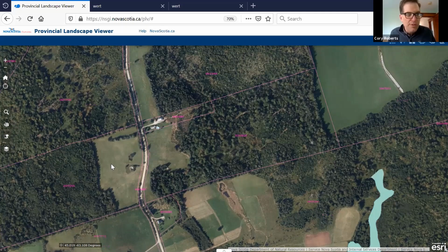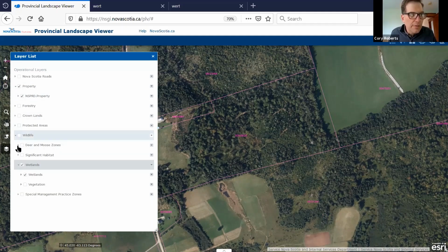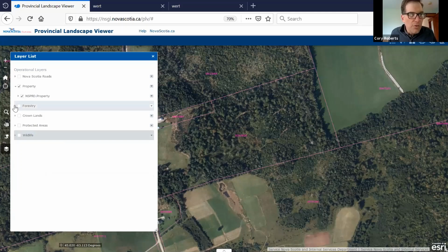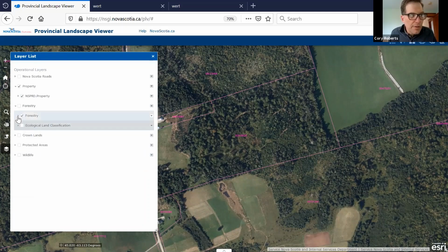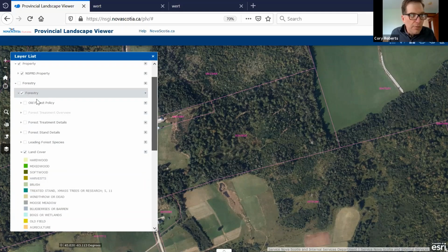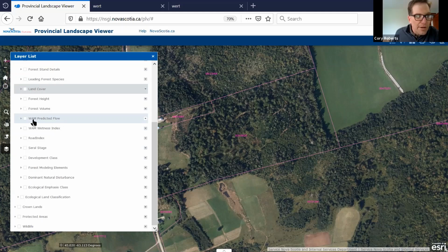Now we want to look at water courses. Are there water courses on the property? Back to the layer list. We're going to unselect the wetlands. The water course layer is actually on the forestry tab, under forestry. I don't want land cover necessarily. And this layer here is called WAM predicted flow, which is essentially the wet areas mapping predicted flow, and it's kind of a water course layer. So we select that,